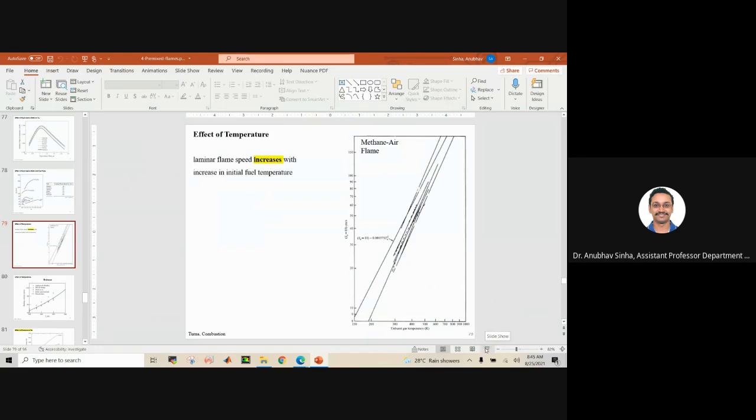So tell me why should it rise? Why should it not be constant or decrease? Tell me about reaction. Going by the Arrhenius rate, if I heat a mixture, will it react fast or will it not be affected at all? Faster, sir. If it reacts fast, and if you try to connect that with flame speed, then you will see that you're following the same trend. If the reaction is fast, your burning temperature will also be higher because it is already at a higher temperature initially, and then the flame speed also increases.